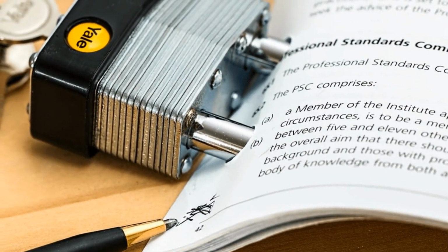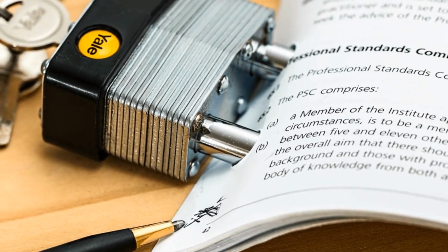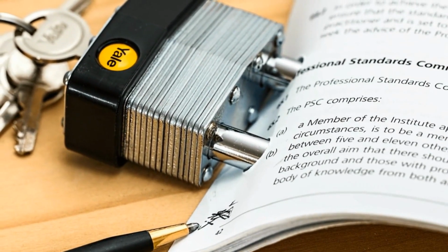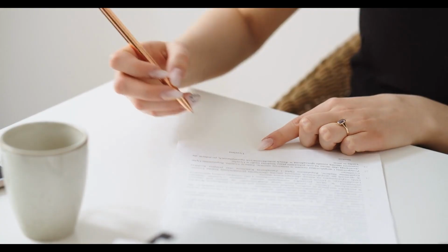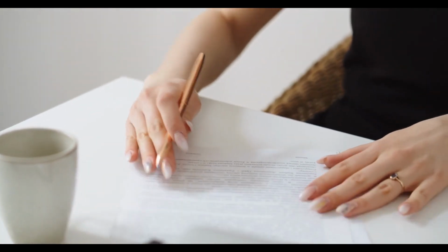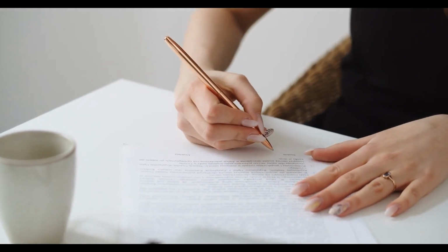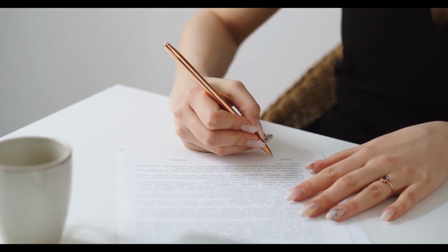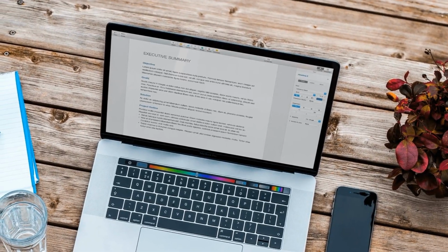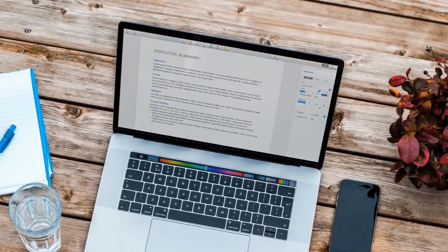Misrepresentation or fraud can also invalidate a contract if one party deliberately provides false information or conceals important facts. Duress or coercion is another invalidating factor. When a party is forced into an agreement under threats or undue pressure, the contract lacks genuine consent. Unconscionability, where the terms are grossly unfair and heavily favor one party, can also render a contract invalid. Significant mutual mistakes regarding contract terms or obligations can void an agreement as well.